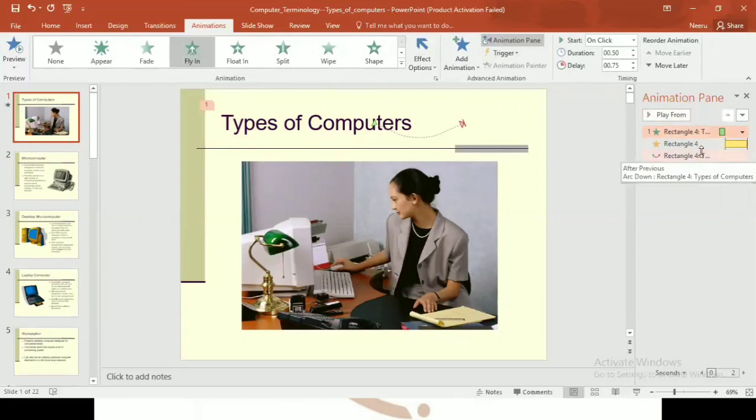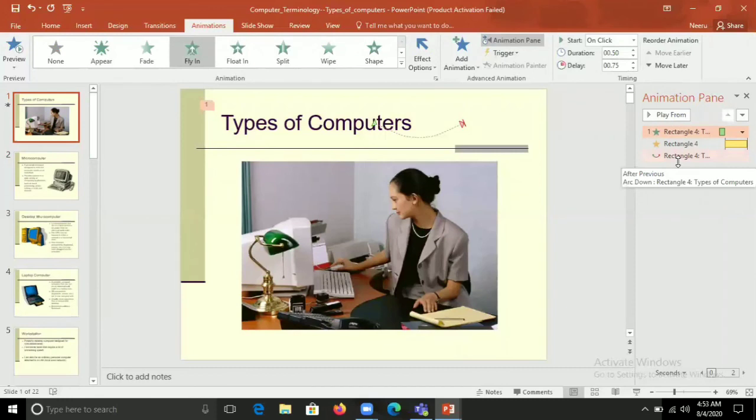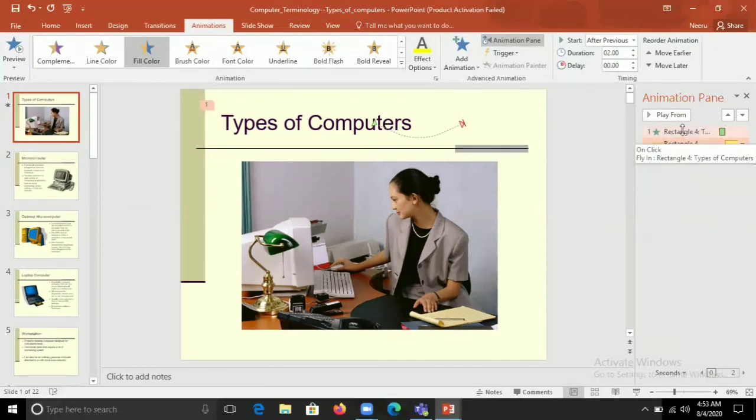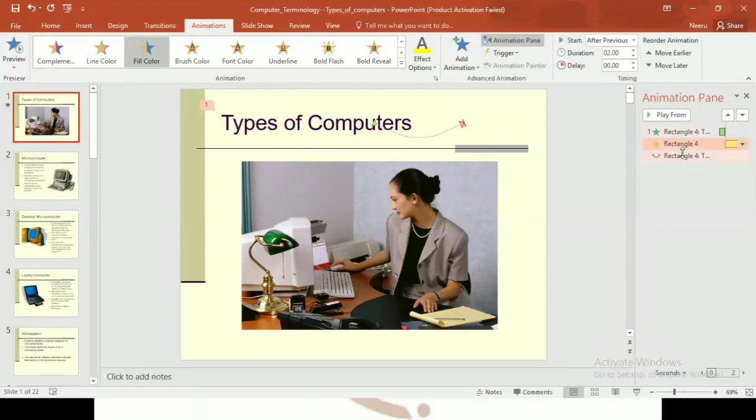And the last one is, if you want to move the animation. For example, firstly you want color to change, then arc shape will come, and then fly in. So what you will do? Firstly, I have selected the second one. From here you can change it, or from here use the up or down arrow key. Like that, I am doing it up.